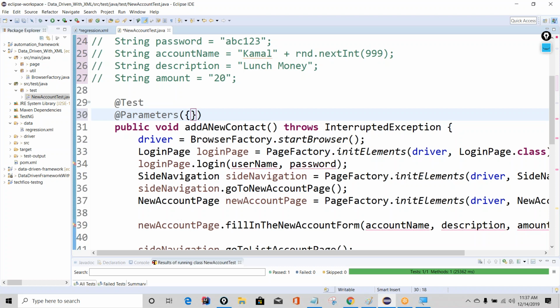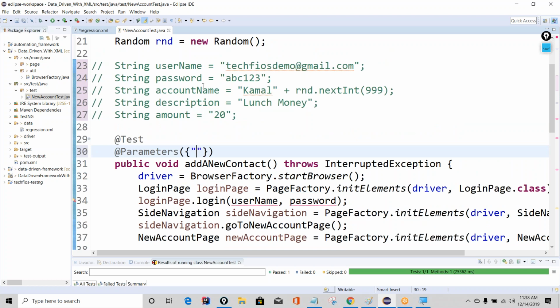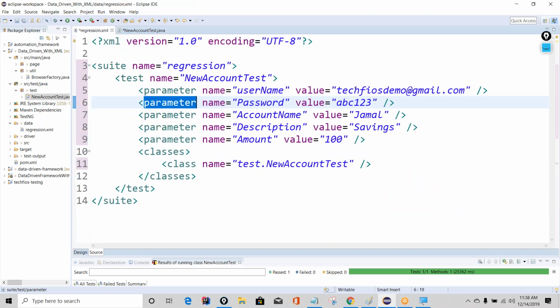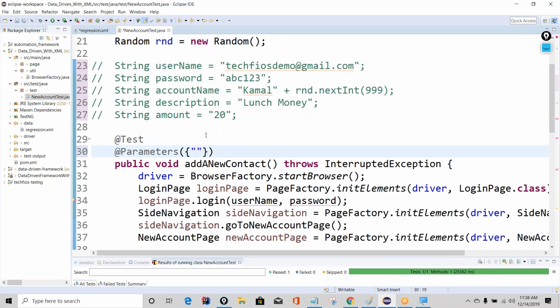And in here, you give the names of those that you want to bring in. Now, sometimes you don't need all of them, and sometimes you need all of them. In this case, we need all, so you bring this one, username. I already copied the quotation. I'll put a comma,